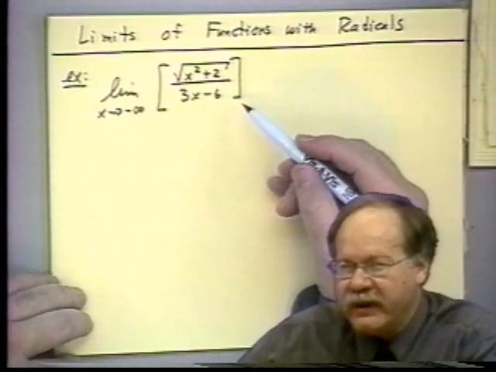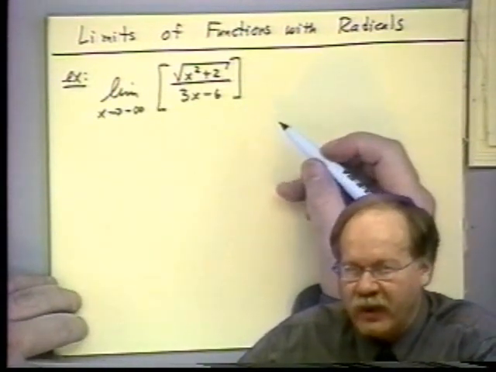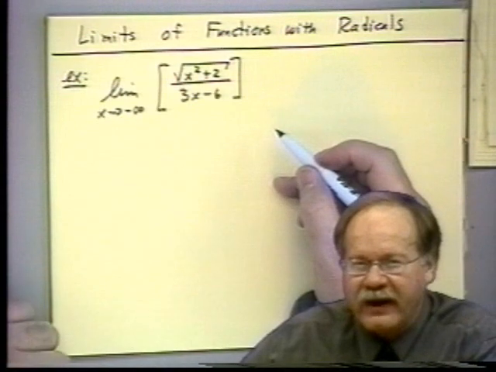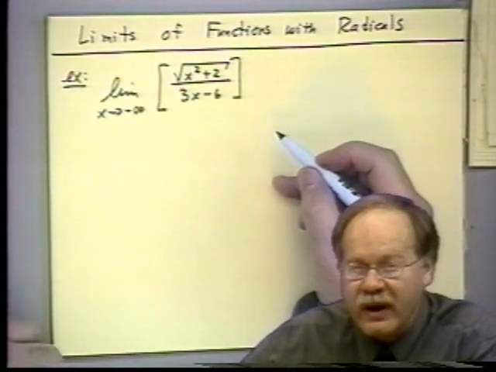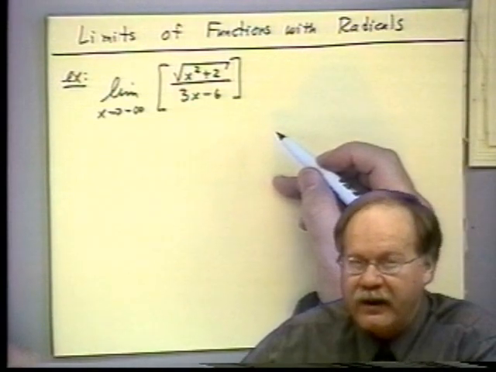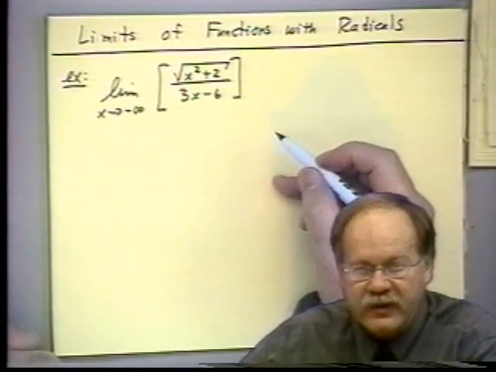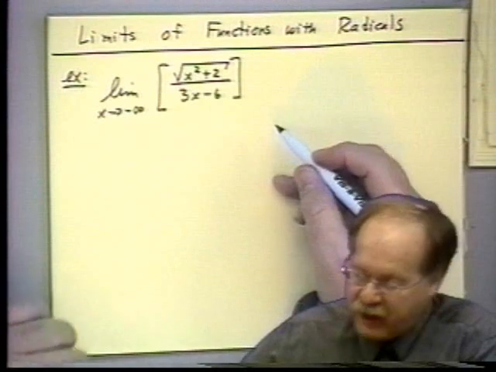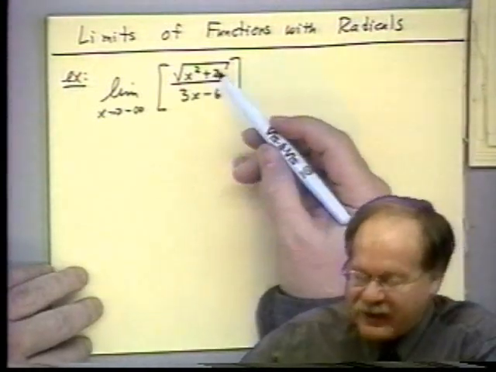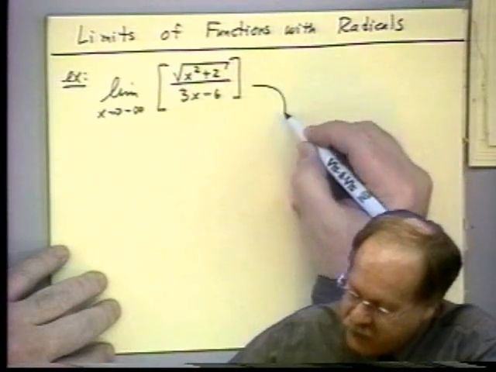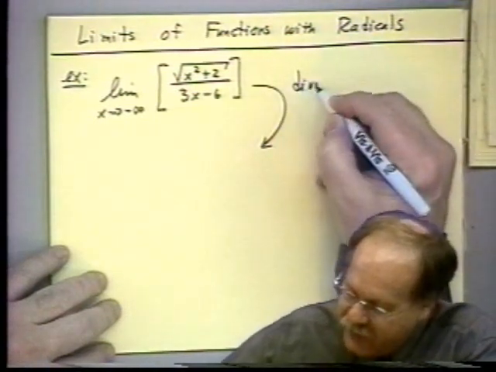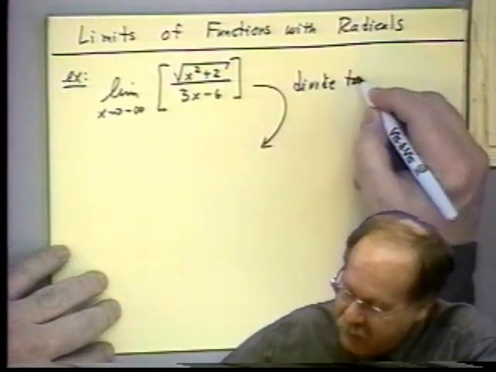And we want to find out some sort of technique to get at this. Well, we really have already seen the idea that will work. The idea is to try to find and create the appearance of 1 over x, or 1 over x squared, or 1 over x cubed, and so on. Because as x goes to infinity, those expressions all go to 0. So how are we going to do that here? We have a square root to deal with. Well, here's what we're going to do. If we divide top and bottom